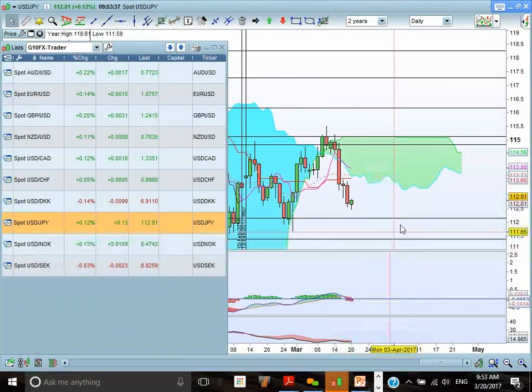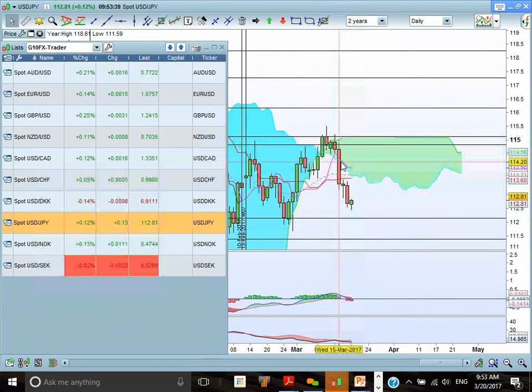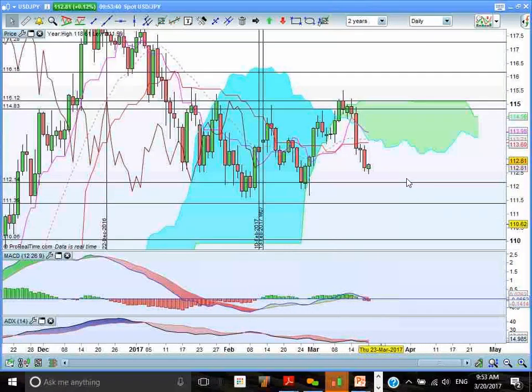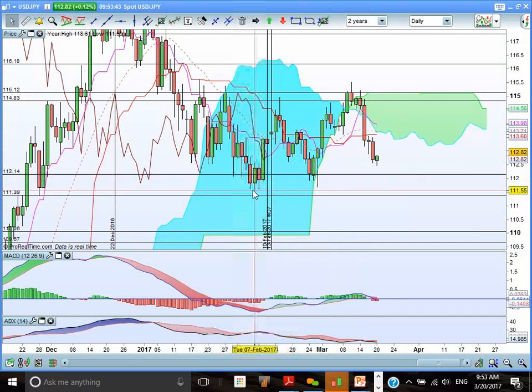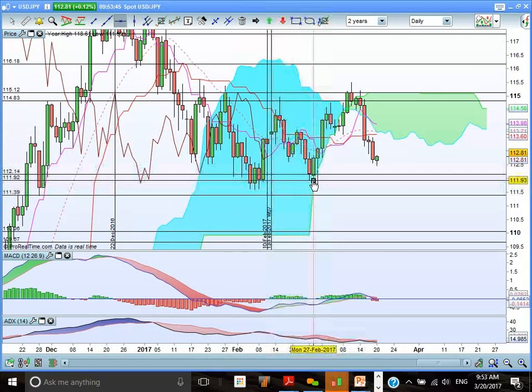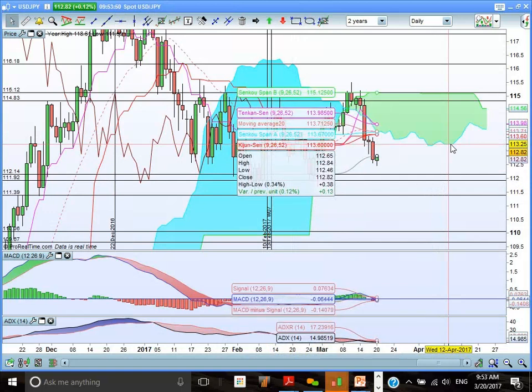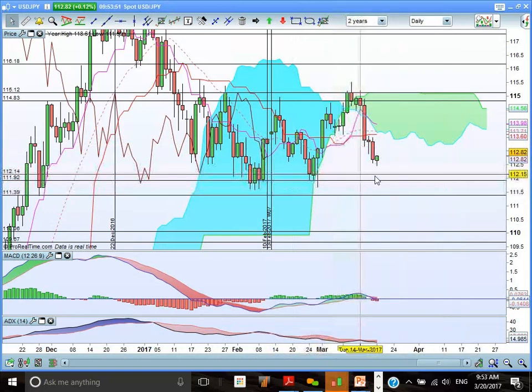US dollar Japanese yen, we collapsed through the bottom end of the cloud. We're now on our way to test support at old lows here. Watch out for these old lows here for potential support. Front end of the cloud support of 113 did not hold, so we're looking at these areas of 112 and